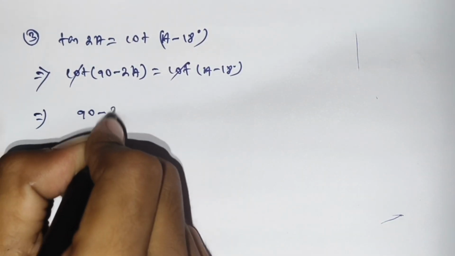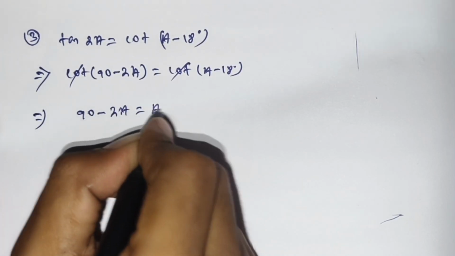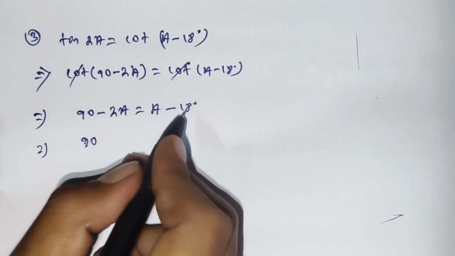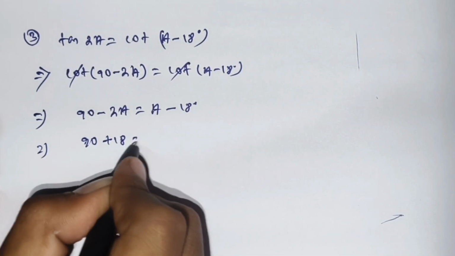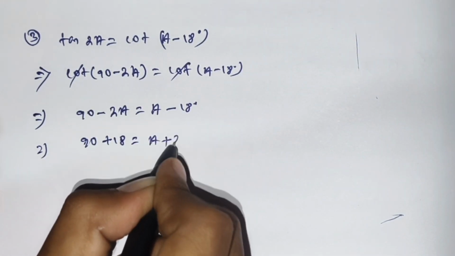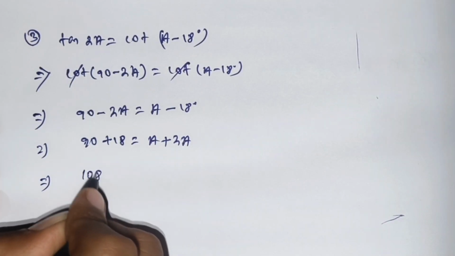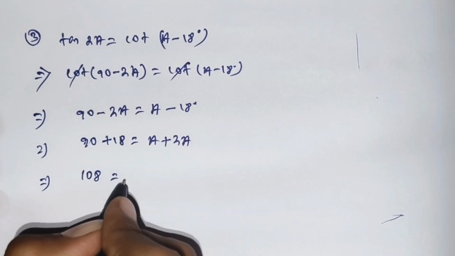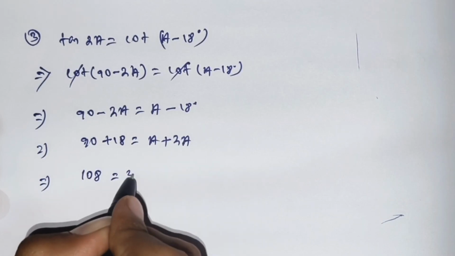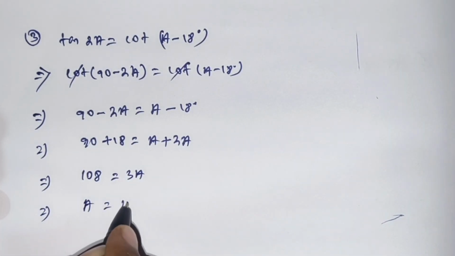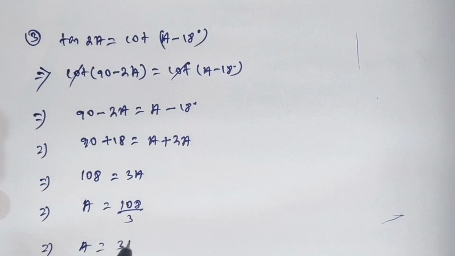কাছে রইল 90 - 2a = a - 18 ডিগ্রি। So 90 আর 18 দিয়ে সেটা আনলে, 90 + 18 is equal to a plus 2a। 90 আর 18 এ 108 is equal to a আর 2a addition করলে 3a। So a is equal to 108 divided by 3, a is equal to 36।